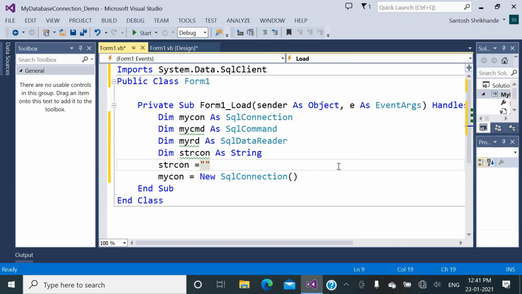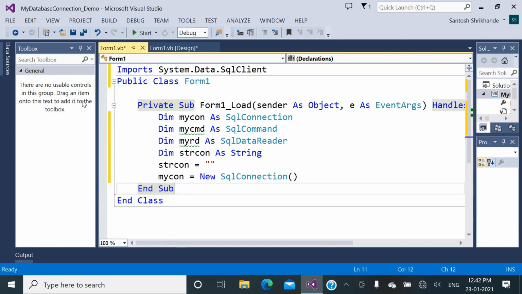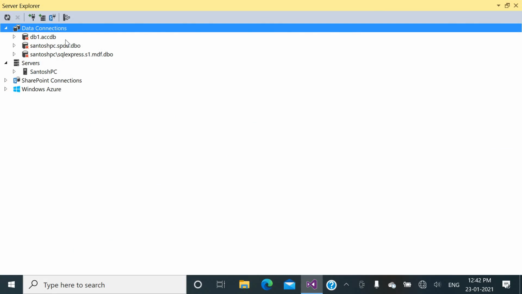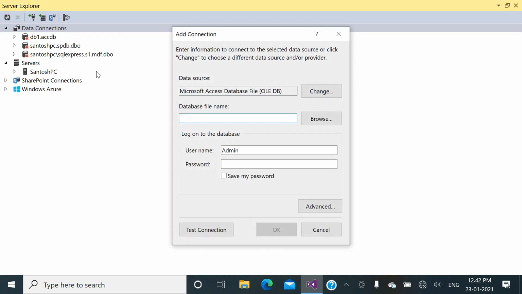Now dear students, I am going to show you here how the connection string is taken from the Microsoft SQL Server connection provider. For this purpose we need to go to the View menu, then select the Server Explorer from here, then you will see Data Connections here. Right click on this data connection and click on Add Connection. Okay, then after that